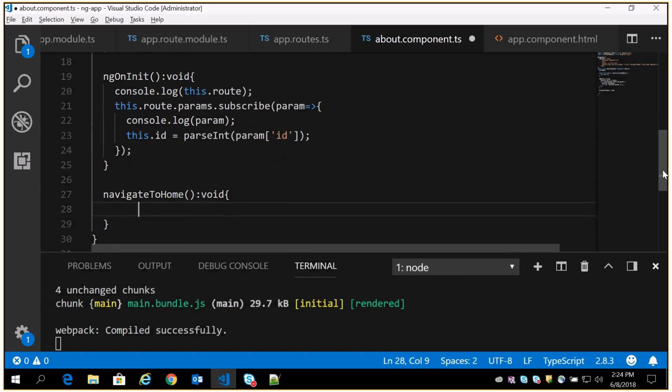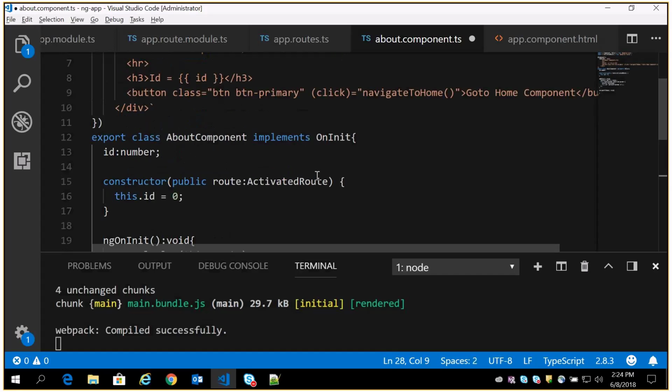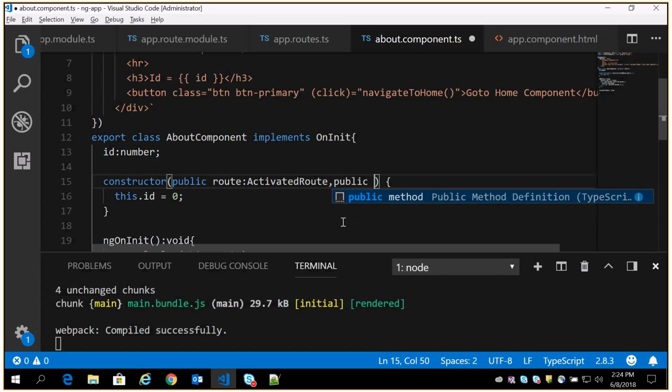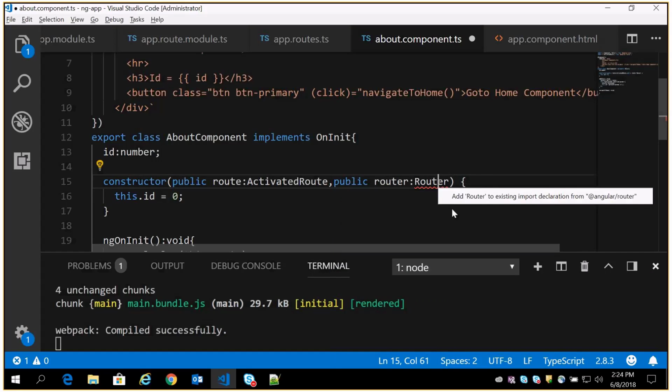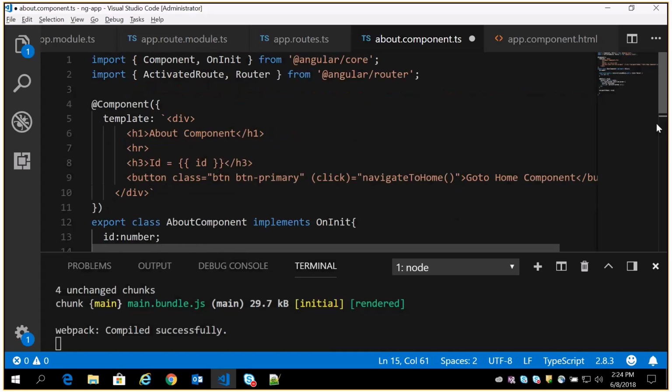So how to access the route details here? To access the router detail, we are going to inject the router service. Once again, it is available in the Angular router.